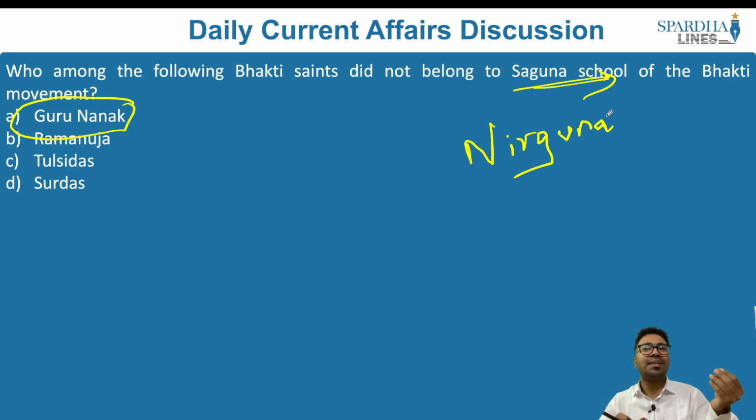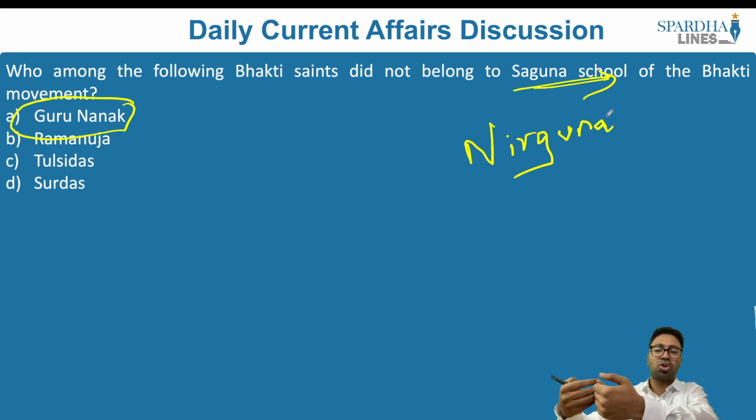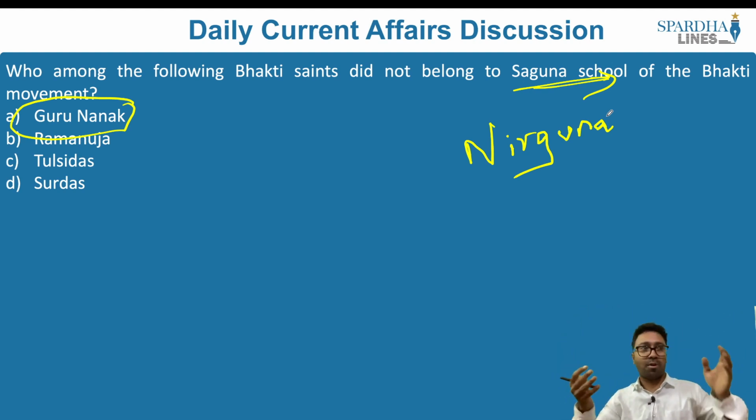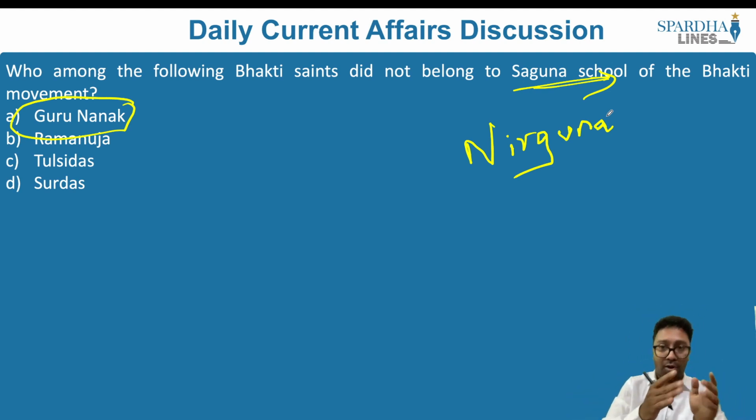So you have an Ishta Devata. You see God in a particular form. You see God as an idol. That is up to that person and that person's personal preferences. So all those people, gurus or individuals who are inclined towards spiritual knowledge, if they feel that God has a form, God has a structure, that he is an idol or has a supernatural power in the form of a form, those people who follow this line of thinking and spiritual attributes are called people of the Saguna school of the Bhakti movement.